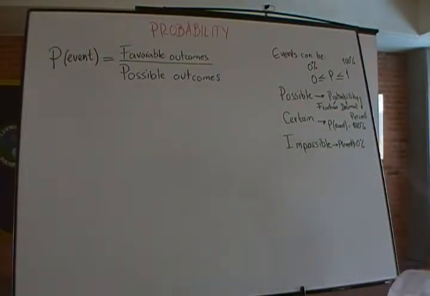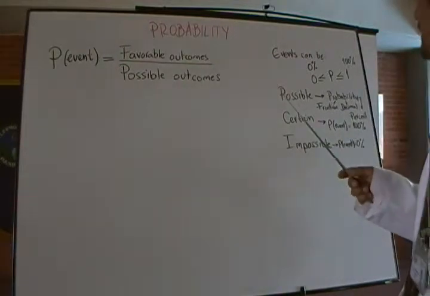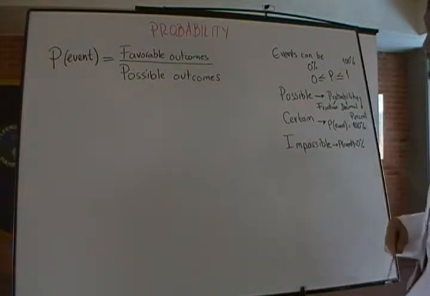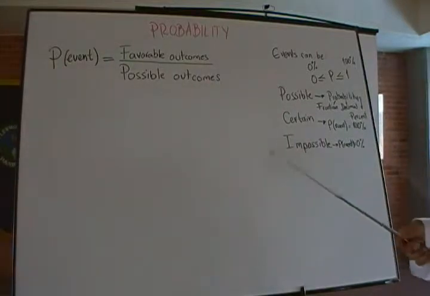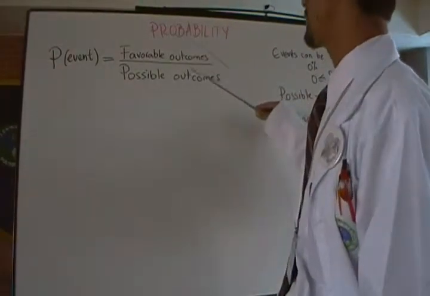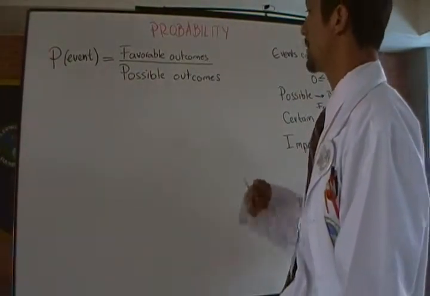It never happens. When the probability of an event is 100%, or as a decimal 1, that event is certain. So a certain event, remember, is an event that always happens. Some other possible events have a probability that can vary from 0% to 100%, including 0 and including 1. So we can get the probability of such events by comparing the number of favorable outcomes to the number of